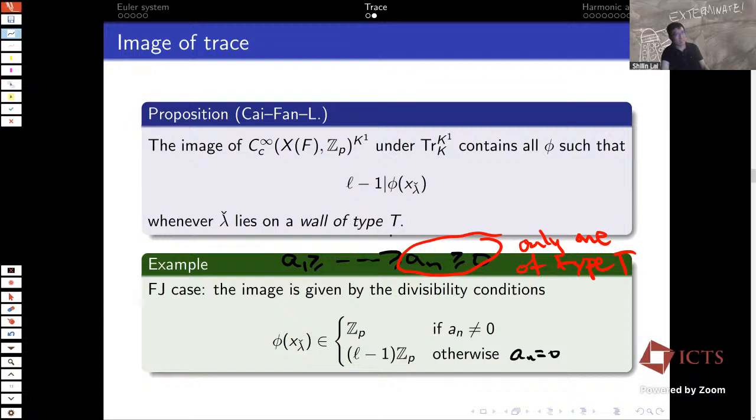So there is a distinction between walls of type T and walls of, let's just say, type G. This distinction is reflected in how we analyze the boundary structure of a spherical variety. Like all those root data are kind of related to the compactification. So,